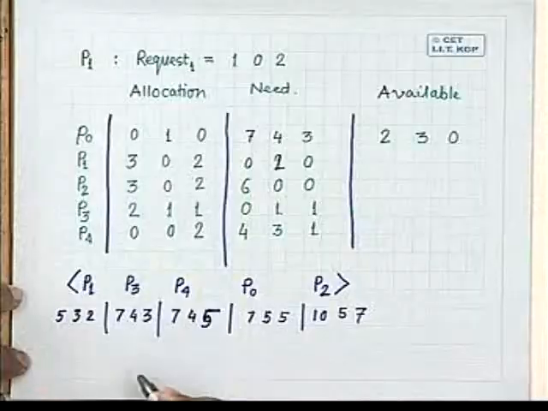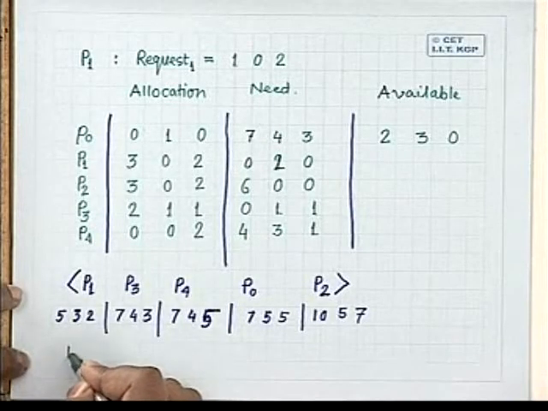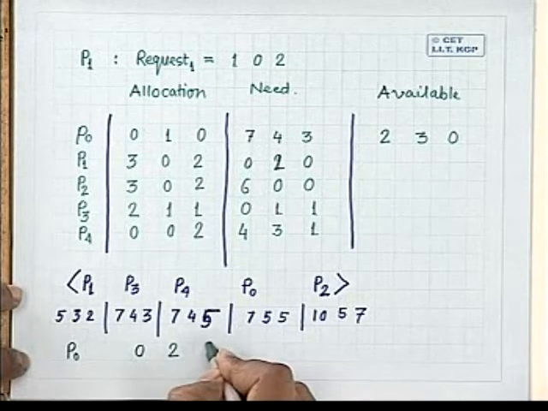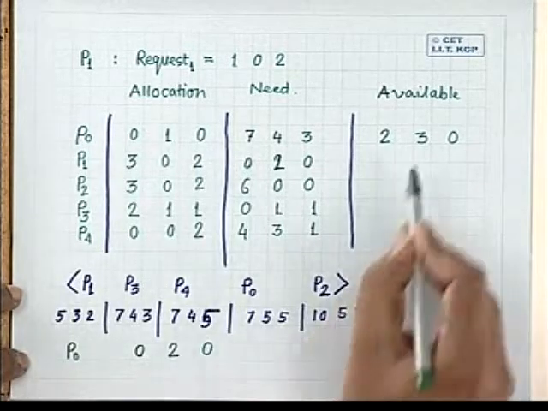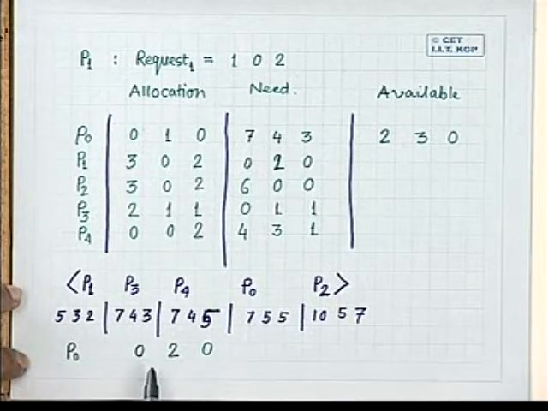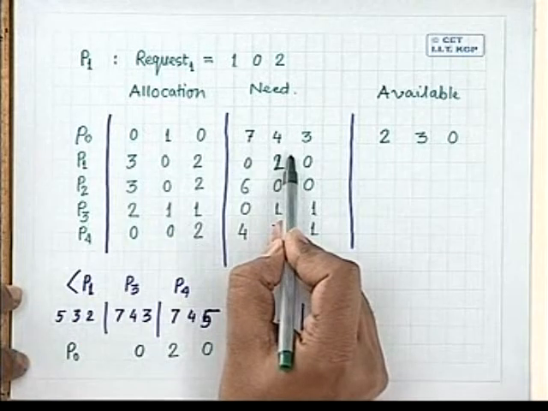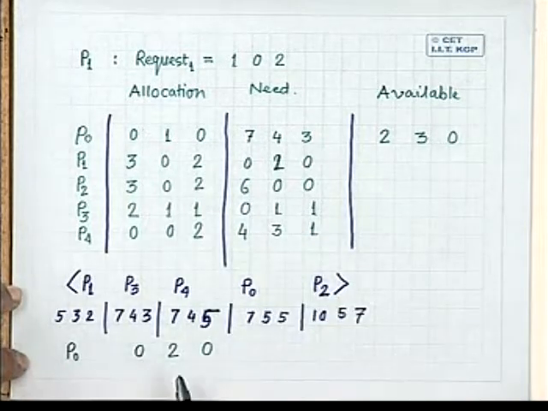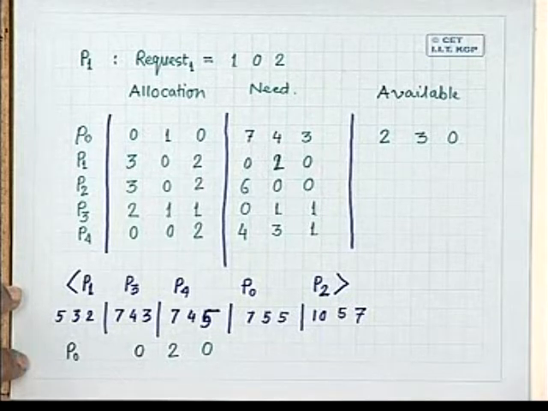I don't think so. Why don't you try with some other example? Say for example, this is the state, and we have seen that this state is safe. Now in the present state, if process P0 puts a new request of, let us assume, 0, 2, 0, you find that 020 is less than available, and 020 is also less than the need of the process. So this is a valid request, and you are in a position to allocate this request, to meet this request.